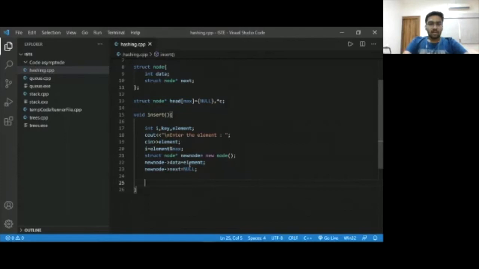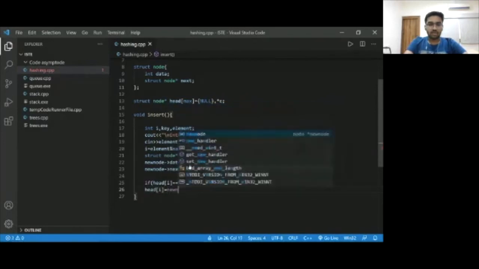Now to check whether the place where this i is, is that place empty. So is head of i empty? For that let us write a condition. If head of i is equal to null, if yes, then simply we'll write head of i is equal to new node.